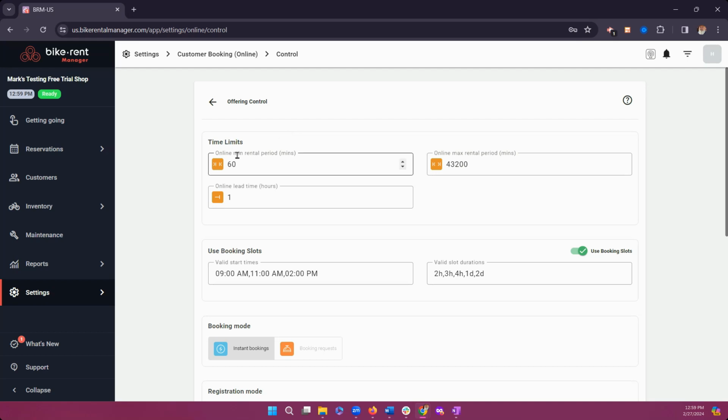So time limits, online minimum rental period, makes sense. That's in minutes, so whatever that might be for you. I'm going to set mine to 280 minutes. My maximum rental period, that would be the absolute max you rent for. So if you say you rent for a month, you want to make sure to go do the math on